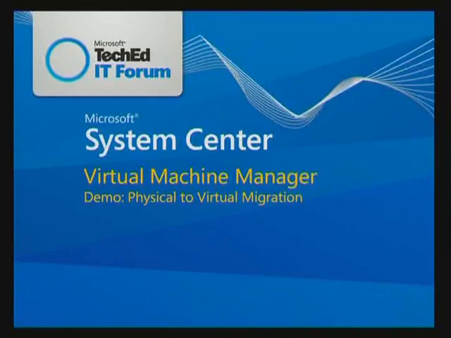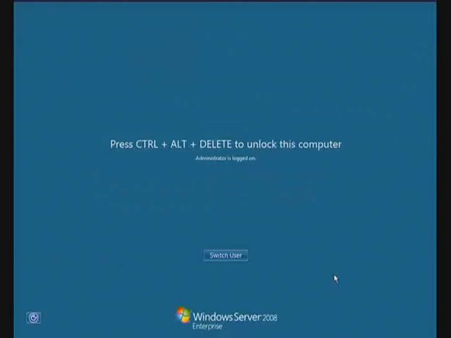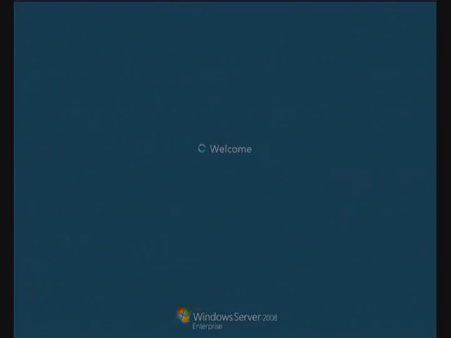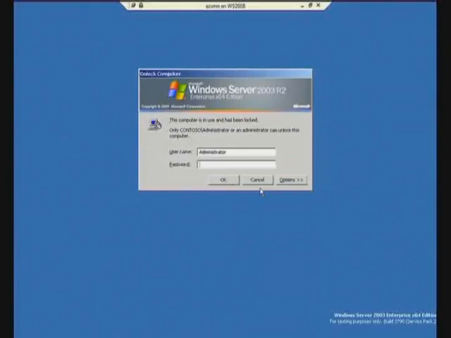How many of you have seen Virtual Machine Manager before? So some of you have. How many of you have actually done a P2V before? So about 10 of you. So let's switch over. Okay, so